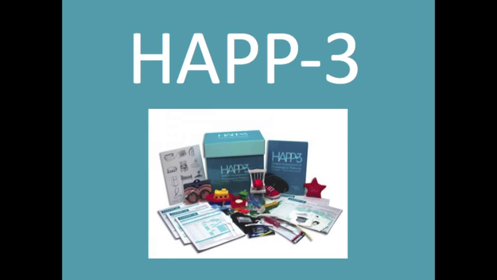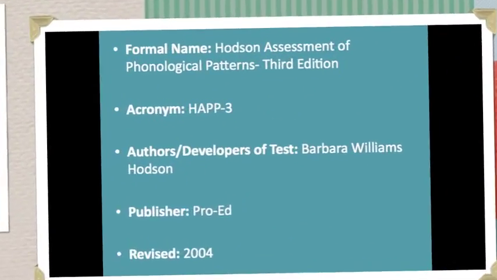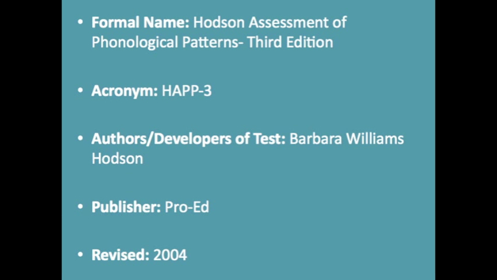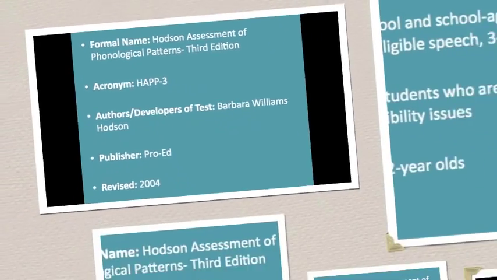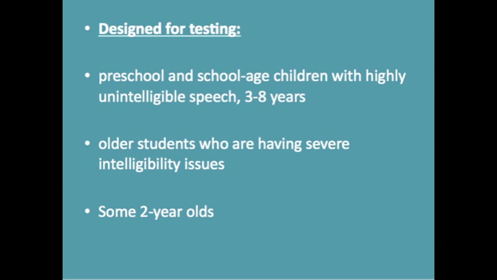And I'm Nicole, and we're going to tell you about the HAAP 3, also known as the Hodson Assessment of Phonological Patterns. The test was created by Barbara Williams Hodson and published by ProEd. This edition was made available in 2004. The test is designed for preschool and school-aged children, ages 3 to 8, with highly unintelligible speech. It can also be administered to older students who are having severe intelligibility issues and to some 2-year-olds, depending on